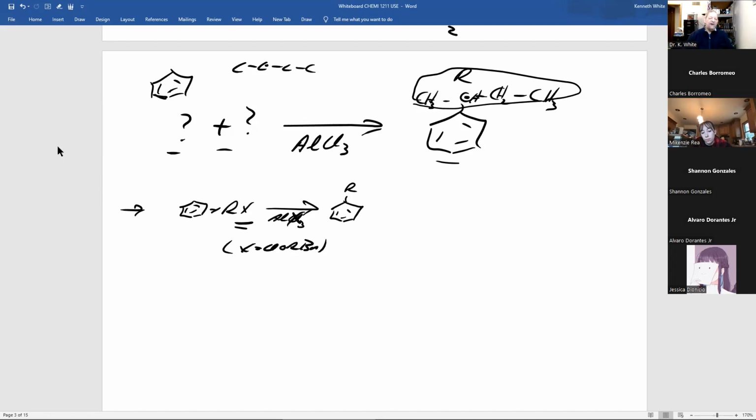Most of the time it's chlorine, because RX when X is chlorine is cheaper than RX when X is Br, but it can be both. And therefore that carbon has a chlorine, 4 bonds to carbon, and that's my product. Now, while I remember